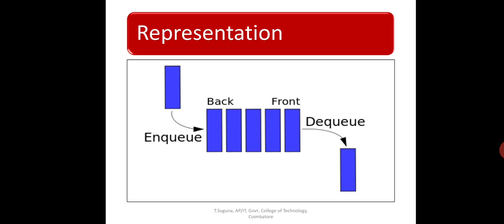This is the pictorial representation of the queue data structure. Here front is the position where the first person comes, then the second person enters next to the first person. The recently entered person is at the back end. This is also called the rear. All the insertion operations, that is NQ operations, are performed at the rear end. All the DQ or deletion operations, removal operations, are performed at the front end. That is called the DQ operation.